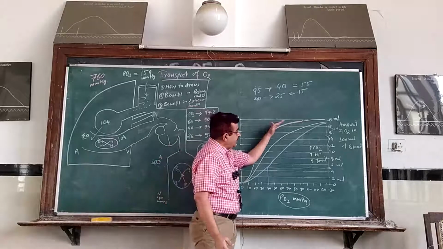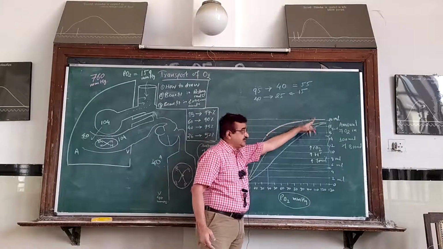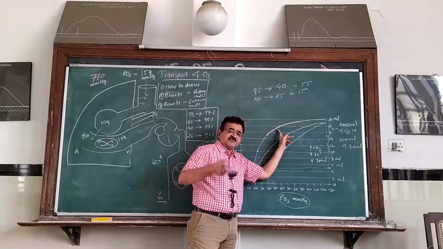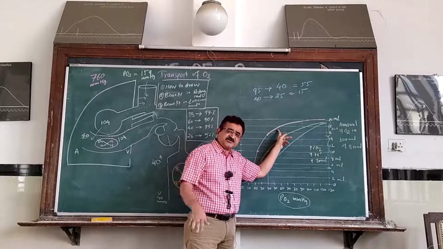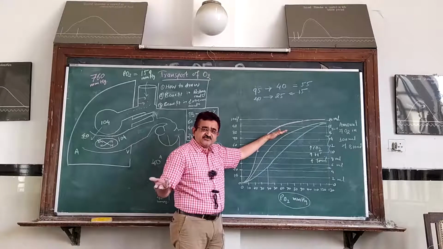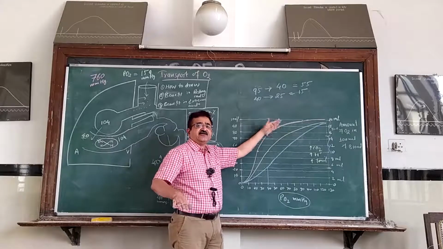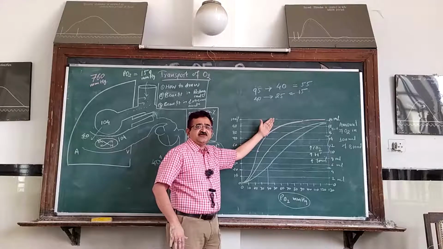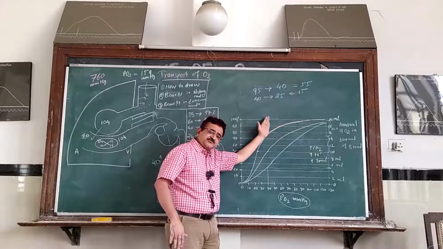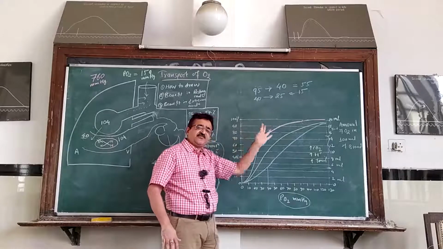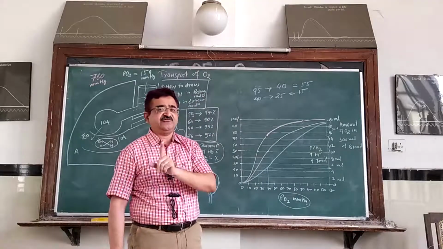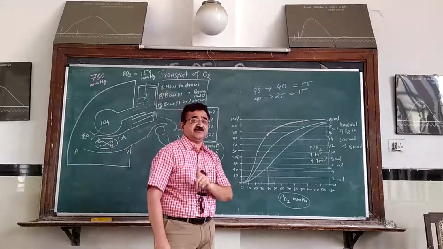So this is our normal curve at the resting state. The curve that is shown in the pink color is the normal curve at the resting state. But when we start our routine activities or going downstairs and upstairs, it is slightly shifted rightward. And once the activity is over, again we come to the resting state and this curve is shifted back to the original one. So this curve goes on shifting from the original one to the right side and back to the original one. See, this shifting is going on. That means that this curve is never in a static position. It is always in the dynamic state.